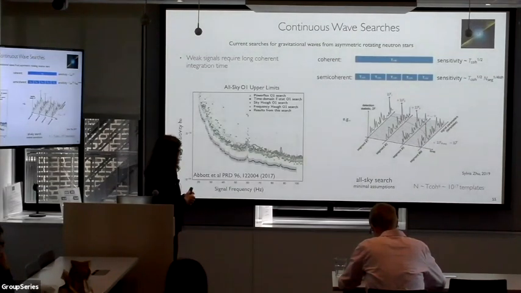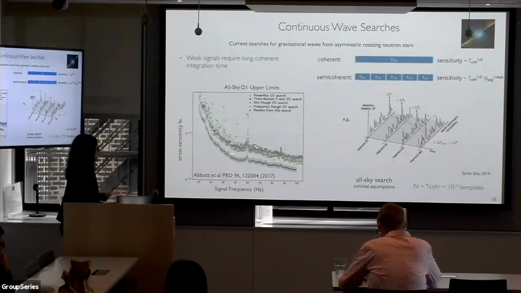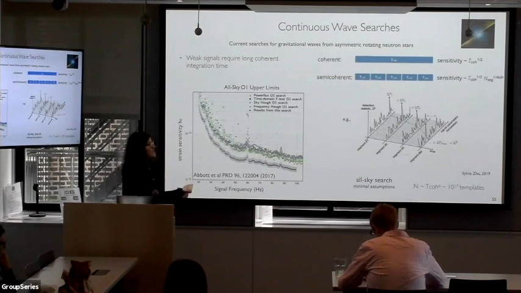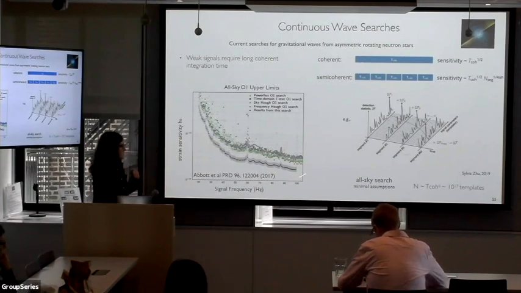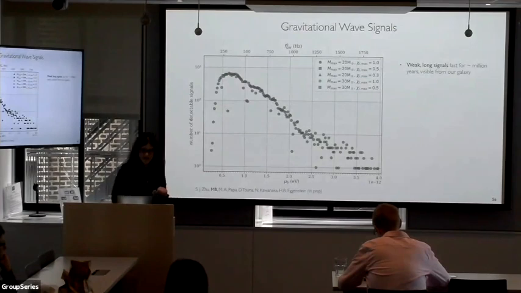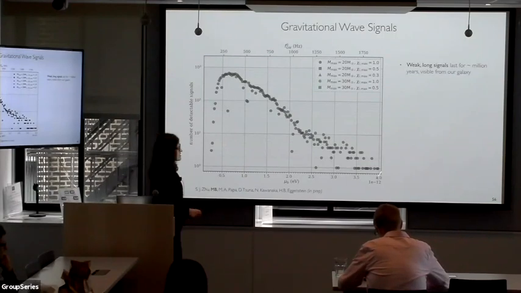And the current results, these are from a couple years ago, reach sensitivities of order 10 to the minus 24 to almost 10 to the minus 25 with the first run of LIGO data. So this is very impressive work by the continuous waves group that's getting these very low upper limits on monochromatic gravitational waves. If we apply these limits to our black hole population, we find that the number of detectable signals from these black holes above the current upper limits can be quite large.